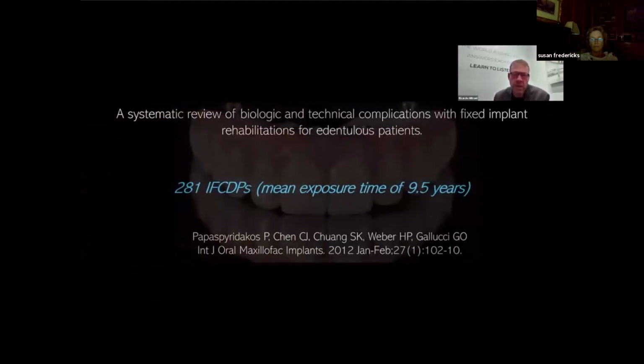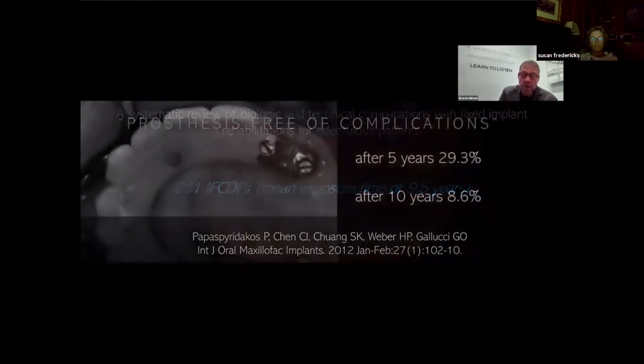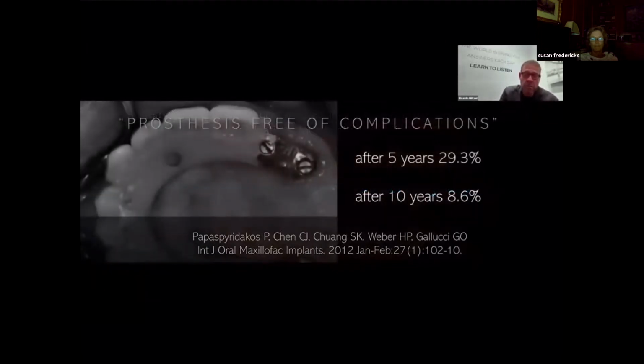Weber, and Herman Gallucci in 2012 looked at 281 implant fixed complete denture prostheses at a mean exposure time of 9.5 years. Now, the numbers are pretty unbelievable. Prostheses free of complications after 5 years are almost 30%, which means 70% of the prostheses exhibited some type of